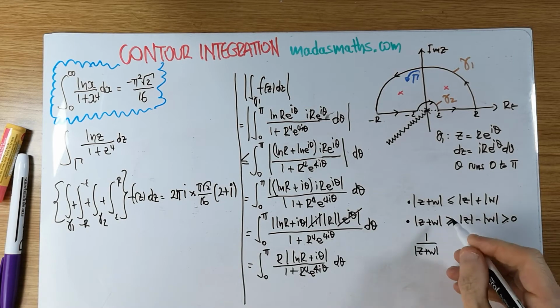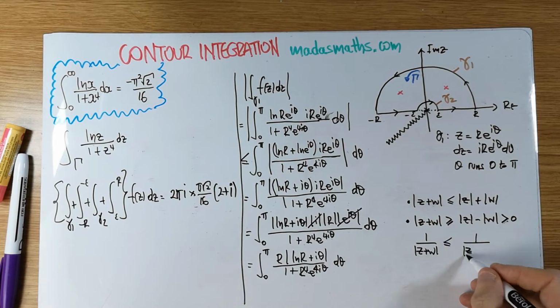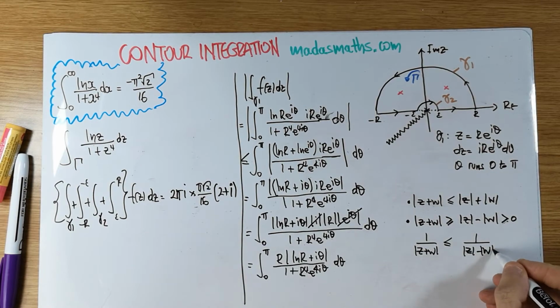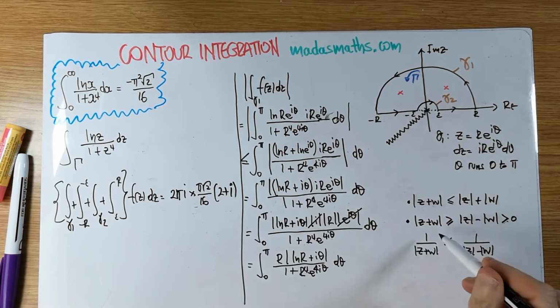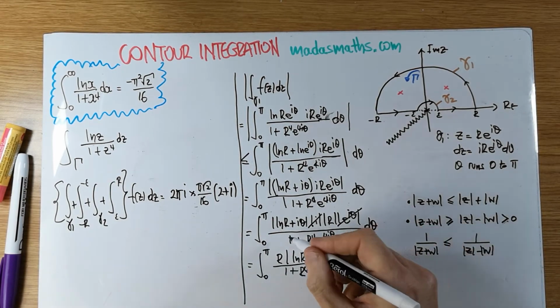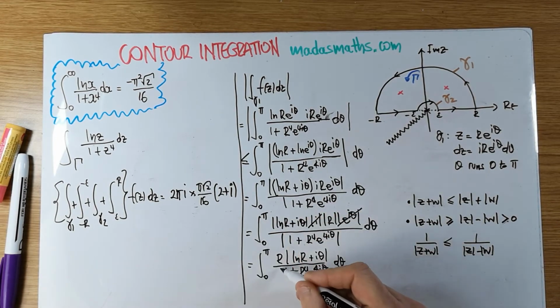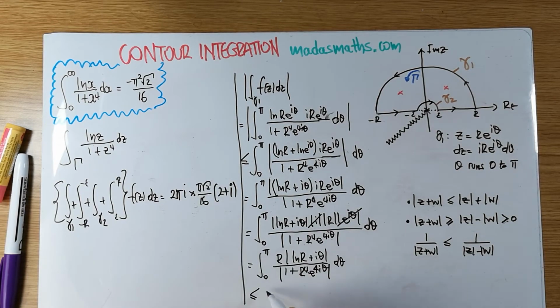So 1 over the mod of z plus w now will reverse the inequality to 1 over the mod of z minus the mod of w. And I'm going to use this inequality on the 1 over, in fact I forgot to put moduli there, I do apologize, when I took moduli on the top, so it should be moduli there. I do apologize for this. So this is my very last line. I'm going to have to rub off to make some space. This lecture is not one of my best. I do apologize, I'm not very well at